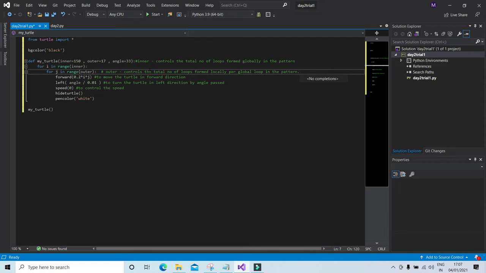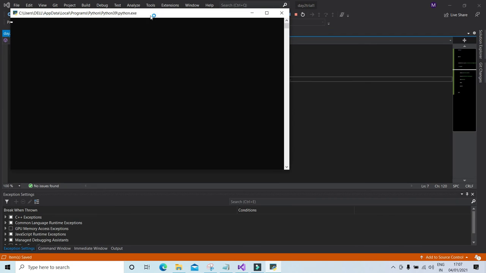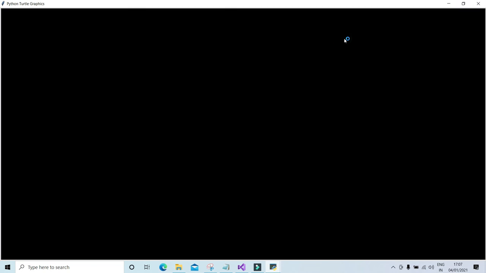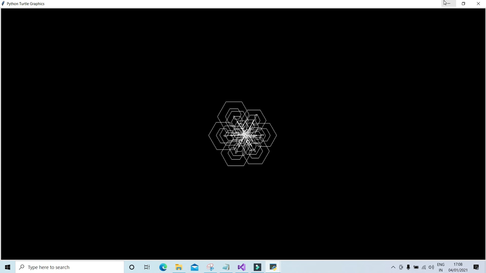Okay, so let's just quickly save it and see if it's giving us the output that we desire. Okay, great. So as you can see, slowly the pattern is being printed on the presentation screen. I'll just have to fast forward a little bit so that you can see the complete pattern being printed over the screen, and you can see how beautiful this is. And yeah, I'll see you at the end of the video now.